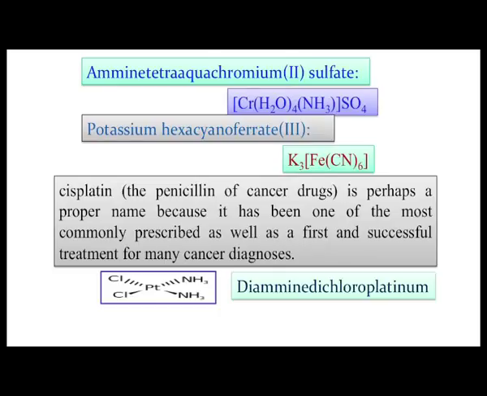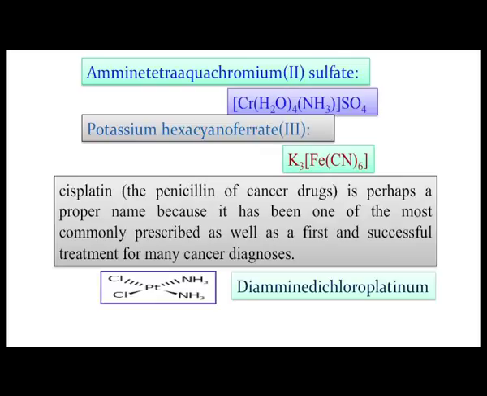But the charge neutralization is very simple: 2 charges from the sulphate ion and 1 charge from the ammonia. So, if sulphate is there and ammonia is the monodentate ligand, the number of water molecules surrounding would be 5. So, the right name would be amminepentaaqua chromium(II) sulphate. Then potassium hexacyanoferrate, we have just seen all these examples.